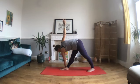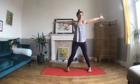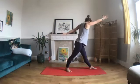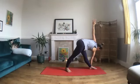We're looking down, inhaling, coming up, open out your arms, bringing them into a T shape all the way around, facing the other end. Taking your right arm up and over, right hand down, your choice inside or outside edge